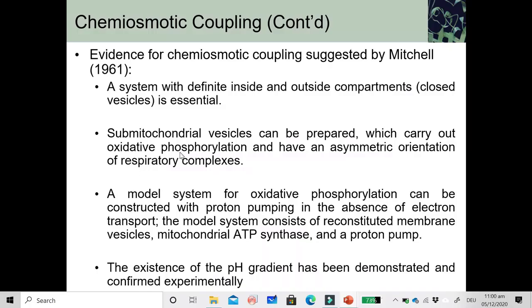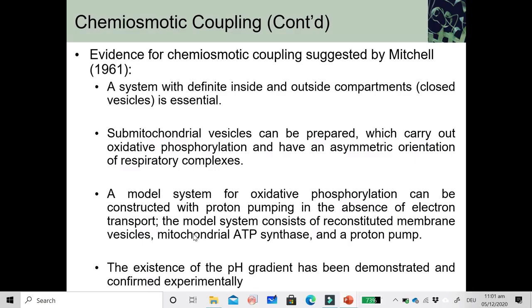chemiosmotic coupling. Submitochondrial vesicles can be prepared, which carry out oxidative phosphorylation and have an asymmetric orientation of respiratory complexes. This just means that you can isolate portions of the electron transport chain, or some sections of the mitochondrion, and these submitochondrial vesicles are capable of carrying out oxidative phosphorylation. Okay, of course, assuming, and that naturally means, that you have the important complexes as well as ATP synthase present in those vesicles. A model system for oxidative phosphorylation can be constructed with proton pumping in the absence of electron